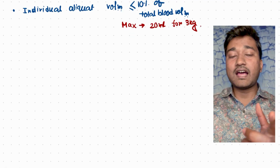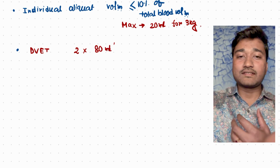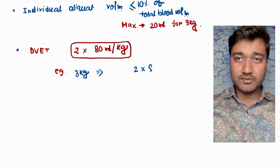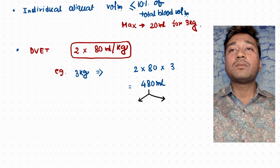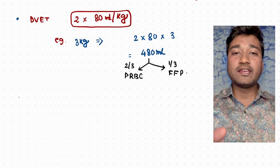In the umbilical artery, what do we do? We actually pull the blood and push the blood via the vein, umbilical venous catheter. And we are doing double volume exchange transfusion. Double volume exchange transfusion means 2 into 80 ml per kg. Remember this. That is 160 ml into the body weight. So in case of this 3 kg baby, 2 into 80 into 3, that is 480 ml, and